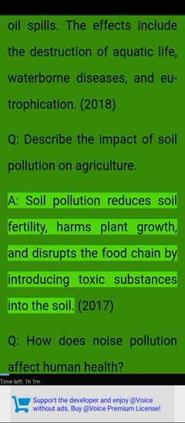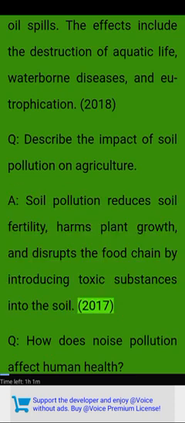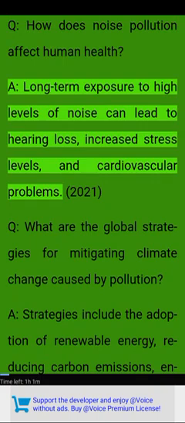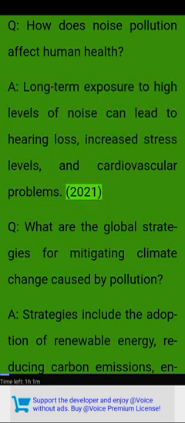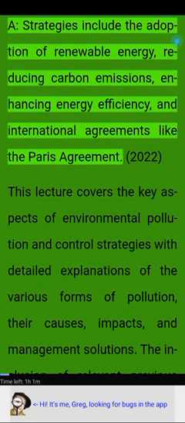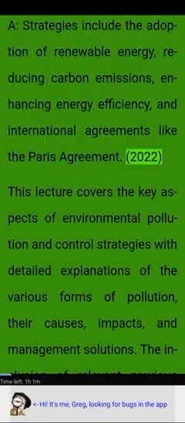A. Soil pollution reduces soil fertility, harms plant growth, and disrupts the food chain by introducing toxic substances into the soil. 2017. Q. How does noise pollution affect human health? A. Long-term exposure to high levels of noise can lead to hearing loss, increased stress levels, and cardiovascular problems. 2021. Q. What are the global strategies for mitigating climate change caused by pollution? A. Strategies include the adoption of renewable energy, reducing carbon emissions, enhancing energy efficiency, and international agreements like the Paris